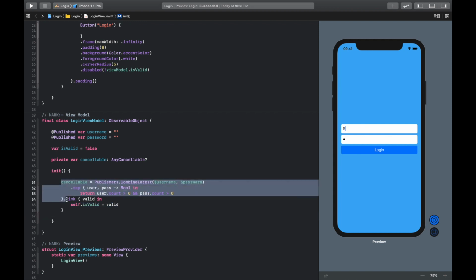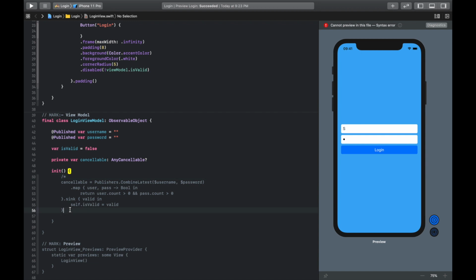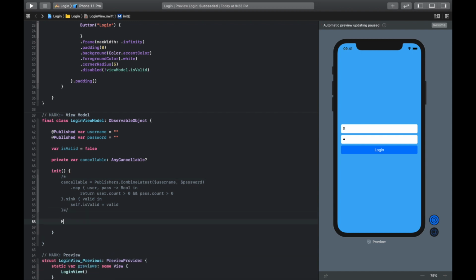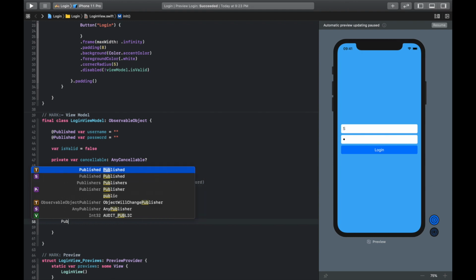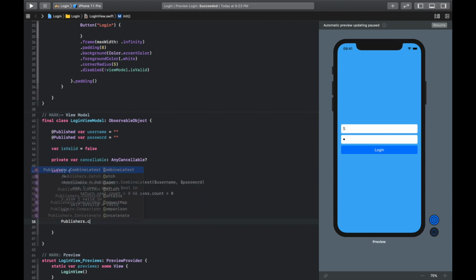In the same way you can do it using the inbuilt functions. With CombineLatest, you can directly assign the value, you can directly store the variable, and you can also store the expression in a variable as well. So I'll just quickly show you the shorthand syntax of this publisher. We'll simply comment this code. Now again we will use Publishers.CombineLatest to get the latest value of username and password.